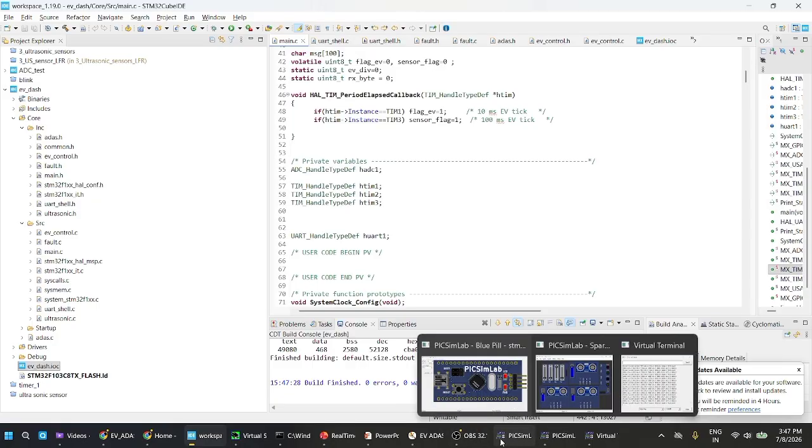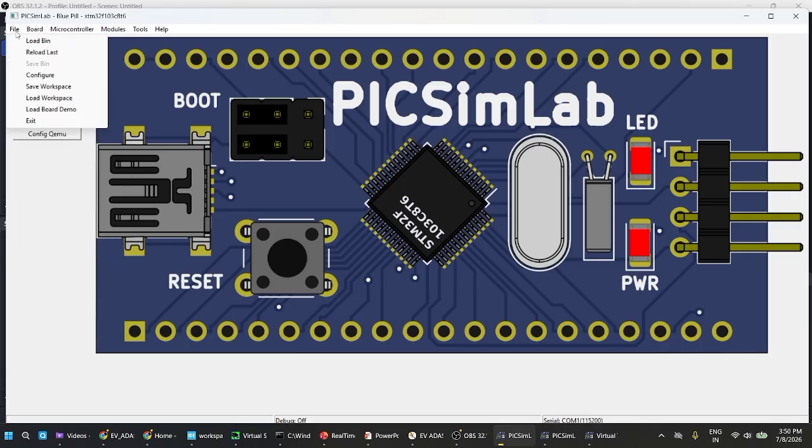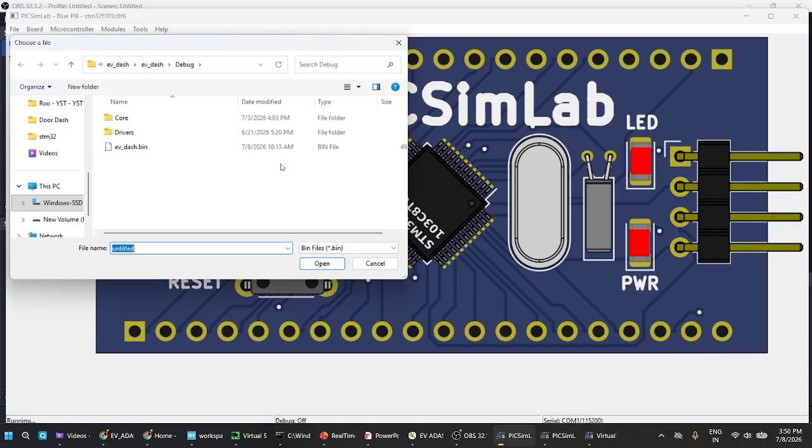and open the PICSimLab for showing the output. Next, we are opening the PICSimLab. Here we are choosing the microcontroller that we use in our project. Here we open the bin file that we compiled in the STM32 Cube IDE,